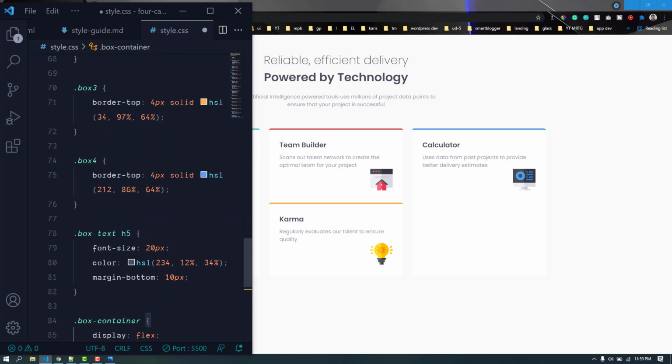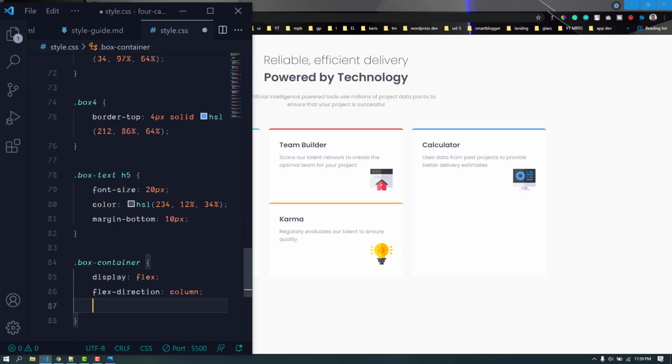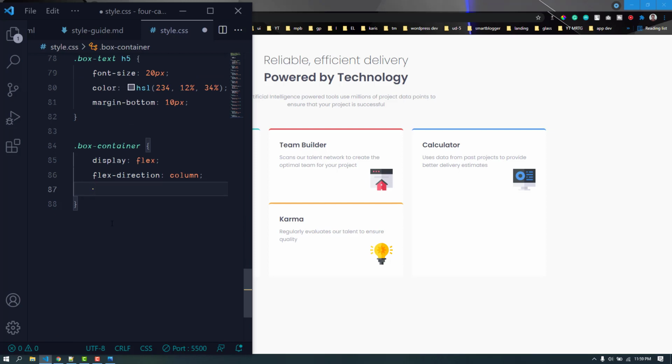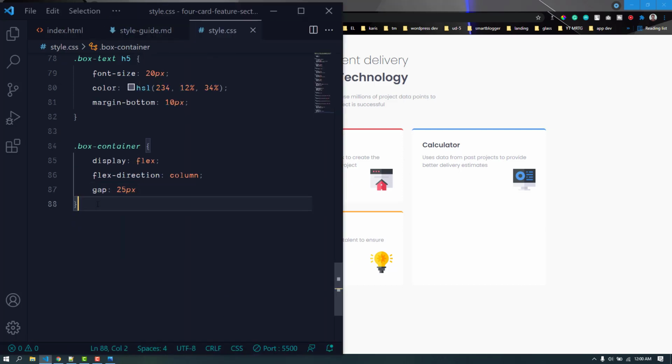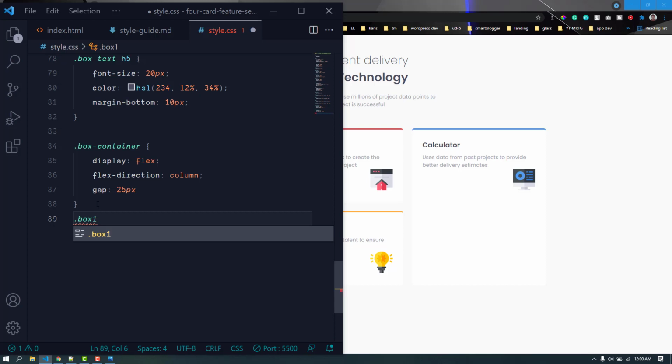Okay, 25 pixels. So we can apply the same thing in here too. So gap 25 pixels. Let's save. Now we got the similar gap. By default the align items will be stretched, so that's why it is taking the entire void, but we actually don't want it. So we can target the box on and box 4 to make it center. So let's do that. Box on and the box 4, and let's make the align self,